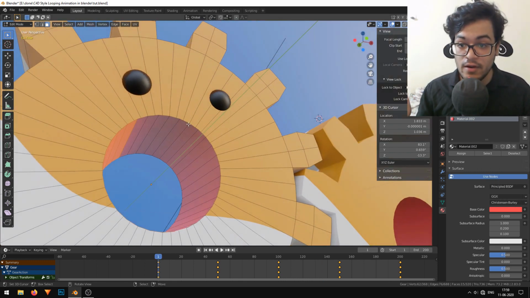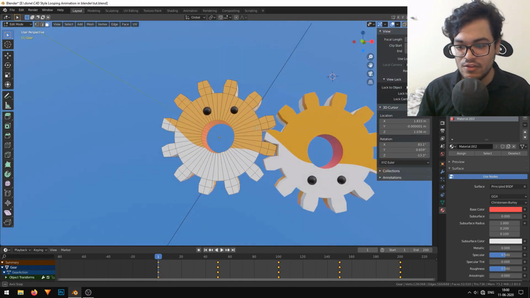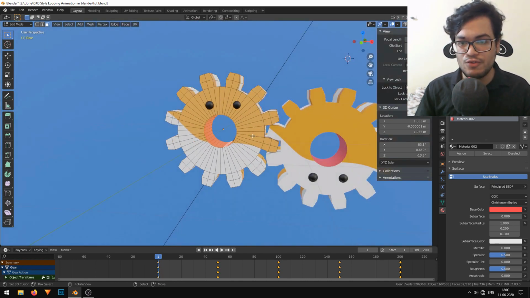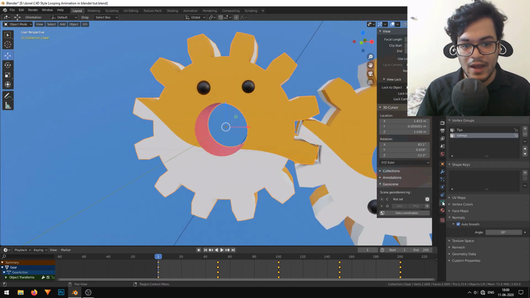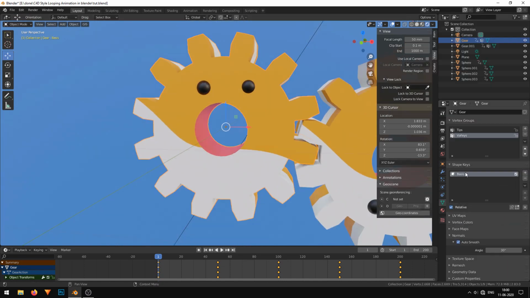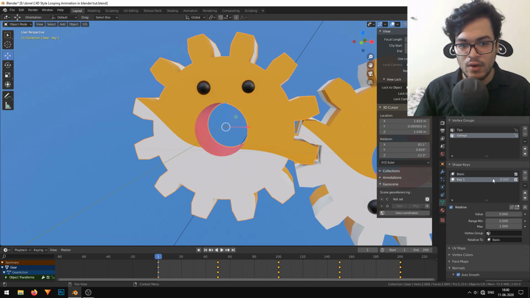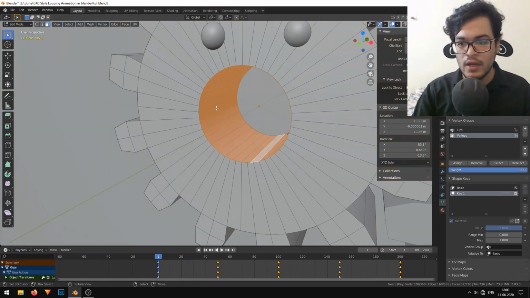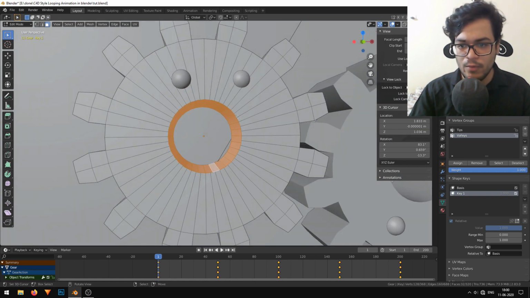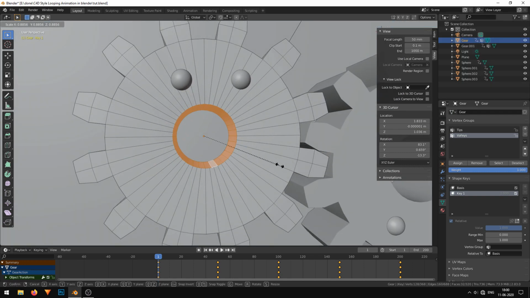Okay, so now it's time to animate the opening and closing of our mouth. I'll select all these faces, and for this we'll use shape keys. I'll go under the shape keys menu and hit that plus button twice. Make sure that you have selected key 1 and turn the value all the way to 1. And then you can go in edit mode and scale the mouth down. So as you can see,